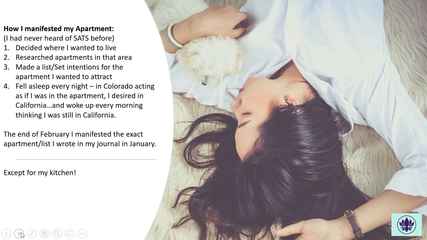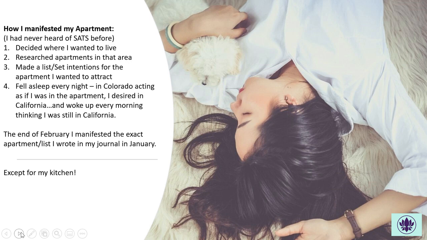And it was about mid-January that I started this process. So it took about 4 to 6 weeks for me to manifest the exact apartment that I desired, except for my kitchen. So my process was slightly flawed. I took for granted that every place I've ever lived in always had the perfect kitchen for me, so I didn't spend a lot of time writing out my desires for a kitchen. I took for granted that I would get the kitchen that I wanted.